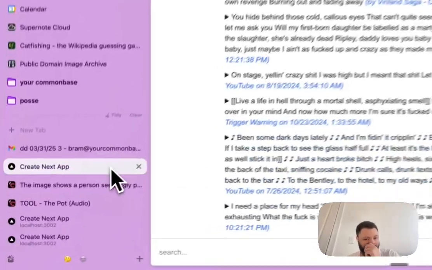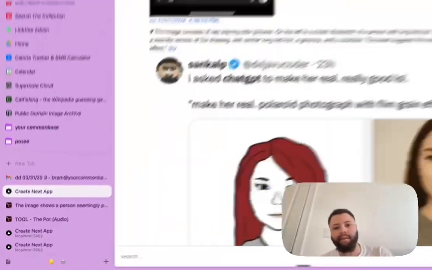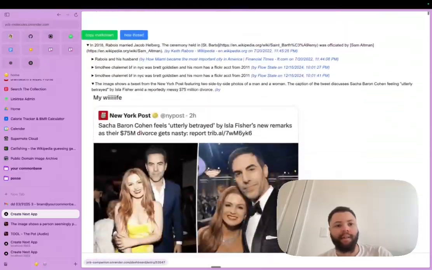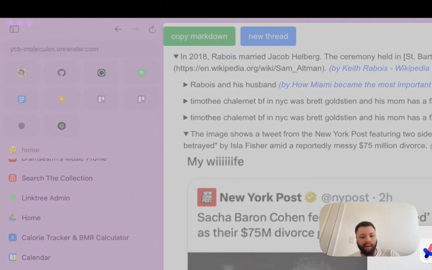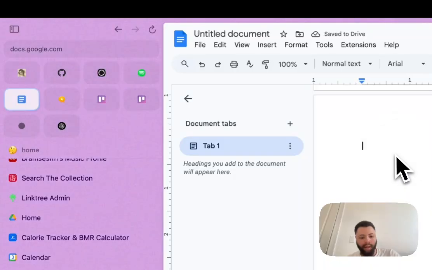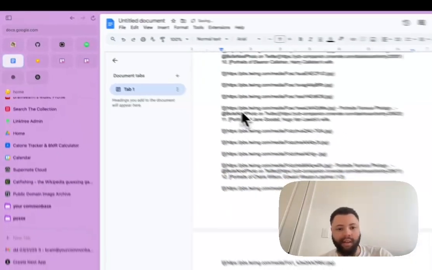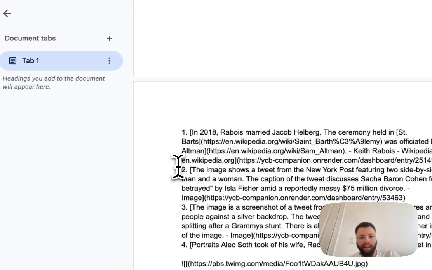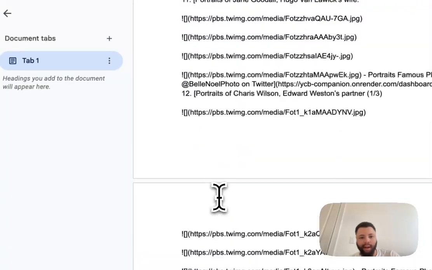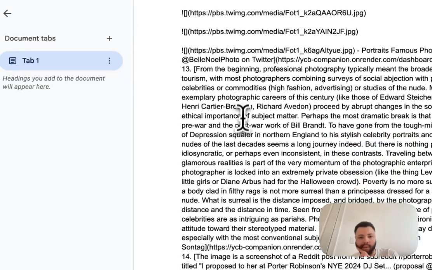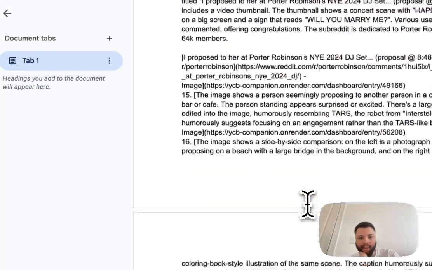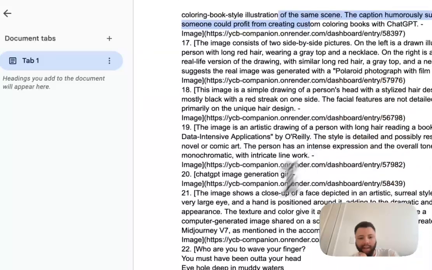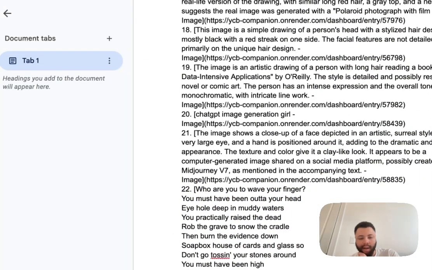And one final thing about this that I want to point out is that if I scroll all the way up to the top here, again, we've been playing with this and clicking a bunch of different entries. If I click this copy markdown button, it copies it to clipboard, and in here I can paste this, and you actually see the ones that I clicked, in order. So you can see that this is the one that I clicked first, and then the second one that I clicked, and it has the links here too, 3, 4, 5, etc. And you can keep going, and you can see the trail that you followed. So this is when we were doing Kanye stuff, and then ChatGPT, and then we finished at Tool, right? And that's how we got here.